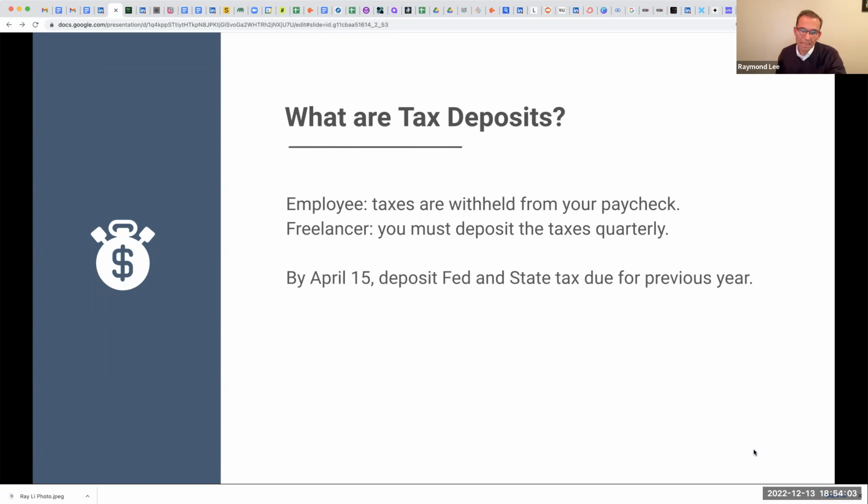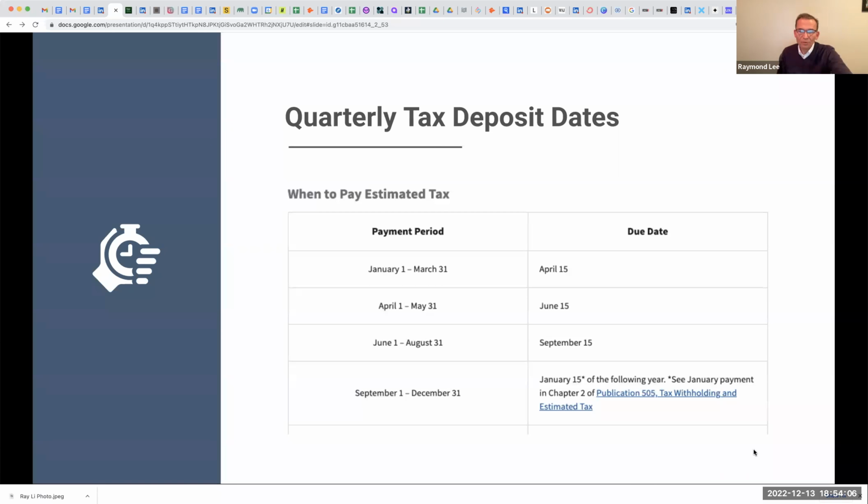Okay, so here's a quick example. From the IRS website, they want four different deposits. If you're making enough, then for the first three months of the year, they want your deposit by April 15th. And then, of course, it can't be as simple as every three months. April and May, they want it by June. June, July, August, they want it by September. And then the final quarter, they want it in January. This is actually a four-month chunk. They want it in January. It's a little tricky to figure these out.